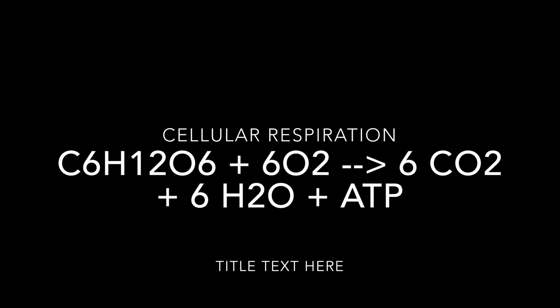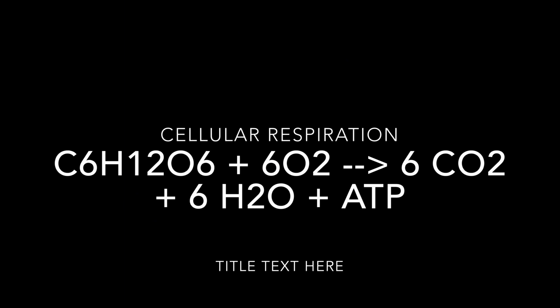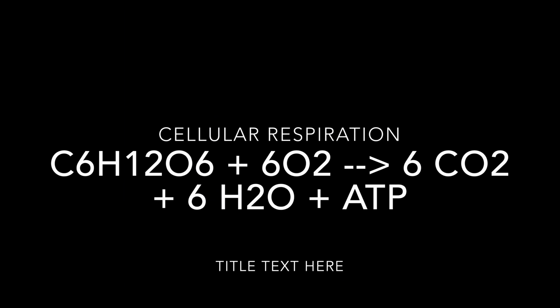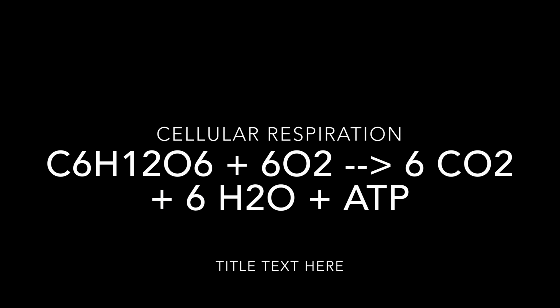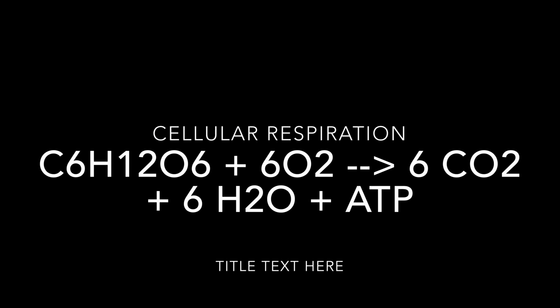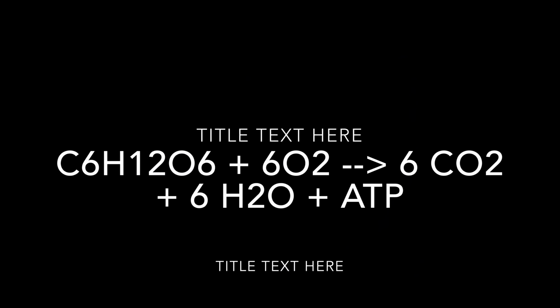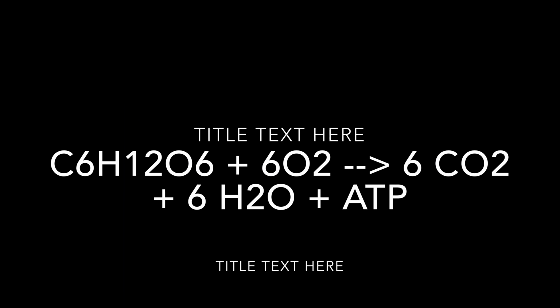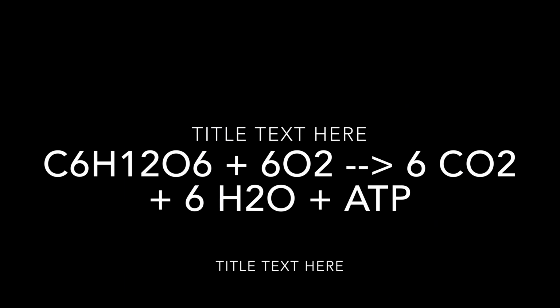First, you have C6H12O6, which is glucose, and that is used in glycolysis, plus 6O2, which is 6 oxygen, and that's used in oxidative phosphorylation. That yields 6CO2, which is carbon dioxide, and that's used in the Krebs cycle. Then you have 6H2O, which is water, and that's used in oxidative phosphorylation, plus ATP,